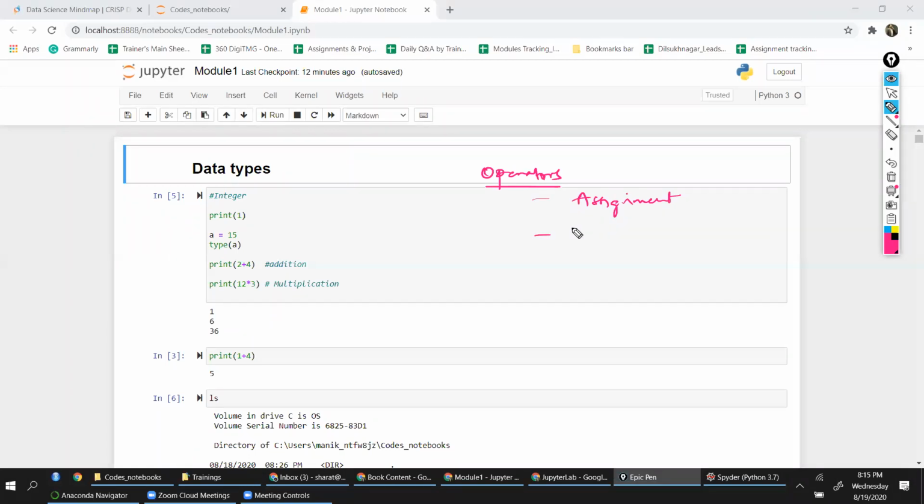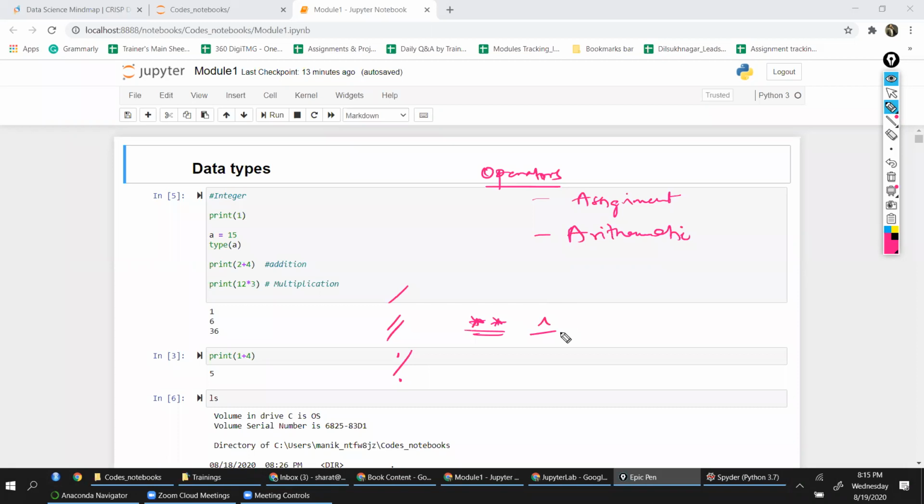Then another very important, fundamental operator that we need to look at is the arithmetic operator. Here we will be talking about plus, minus, multiplication, and in division specifically we had division to get a floor value, that's the integer value, and this to get the remainder. Double star is nothing but power.